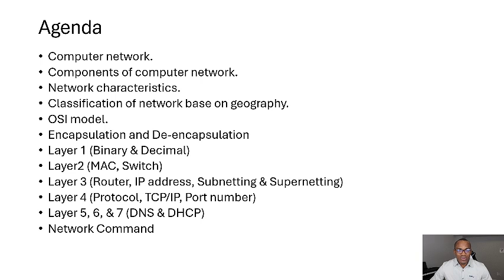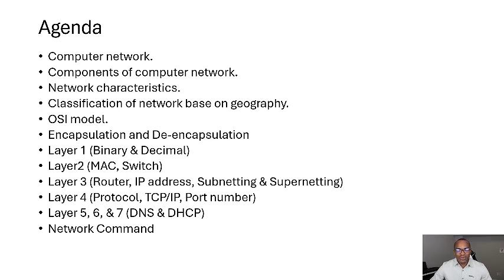We'll try to look at how to convert decimal to binary, which will be essential to understand subnetting, IP addressing, supernetting. So we'll go from layer 1 to layer 2 of the OSI model, and we'll go to layer 3, where we are going to treat the elephant in the room, which is IP address subnetting. And from there we'll go to layer 4, where we are going to be treating port numbers, TCP, IP protocols,